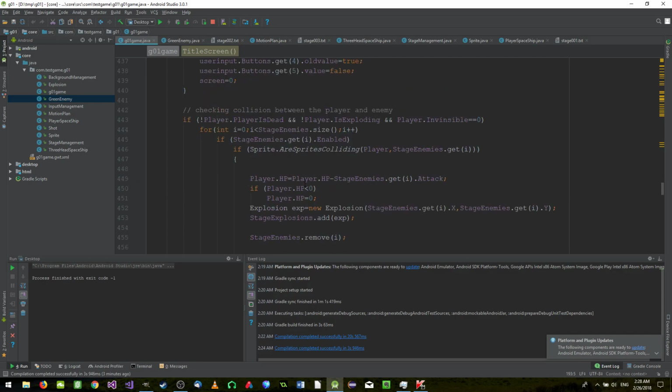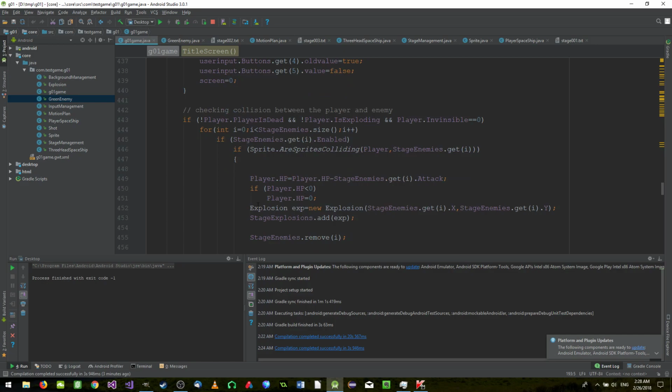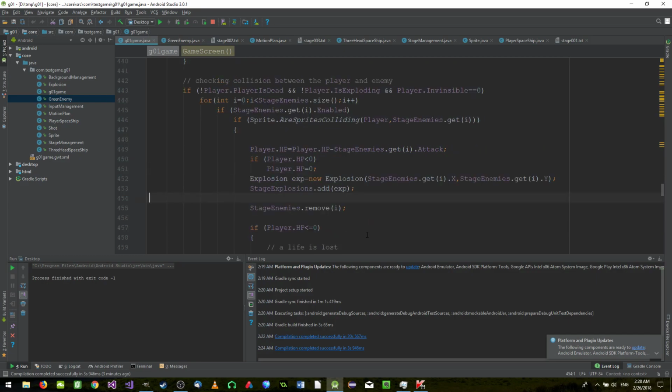When my spaceship hits an enemy, I didn't add a sound. So I need to add a sound here. So explosion, stage enemy, we add an explosion, but there is no sound, right? So I would say